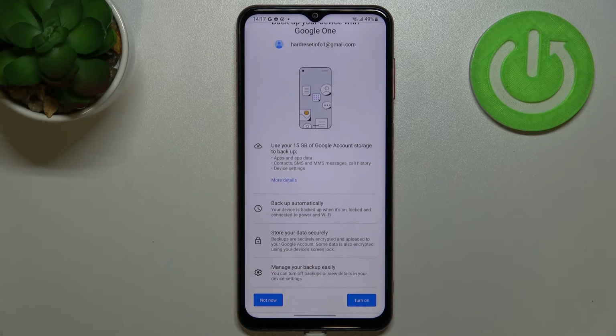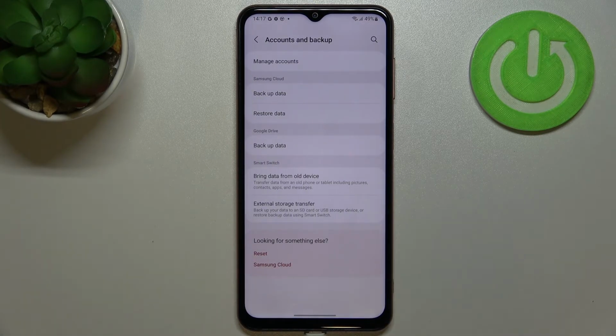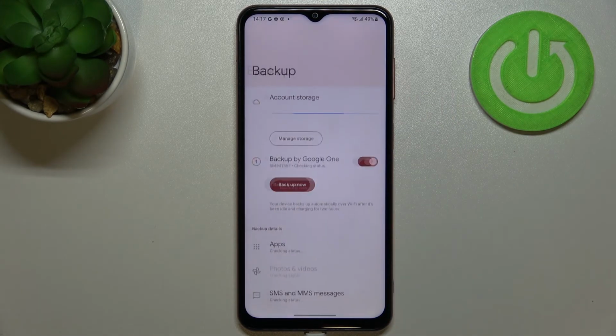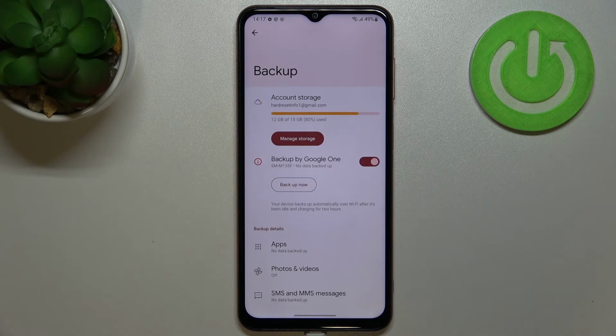So if for some reason you do not want to back up the data now, just tap on Not Now, and after deciding that you actually want to do it, just come back to this section and tap on backup data. All I wanted to show you is that you don't have to go through the whole operation of adding the account. You will be transferred directly to this step. So let's simply tap on turn on,